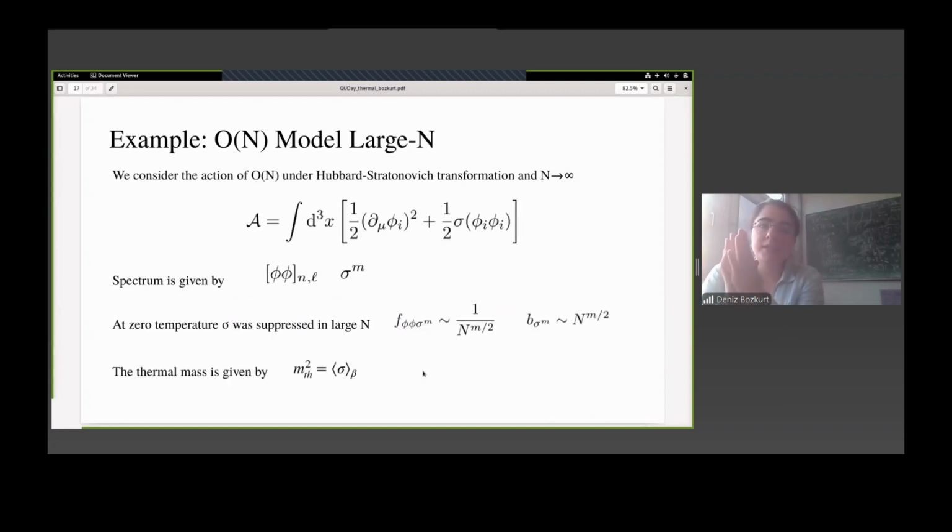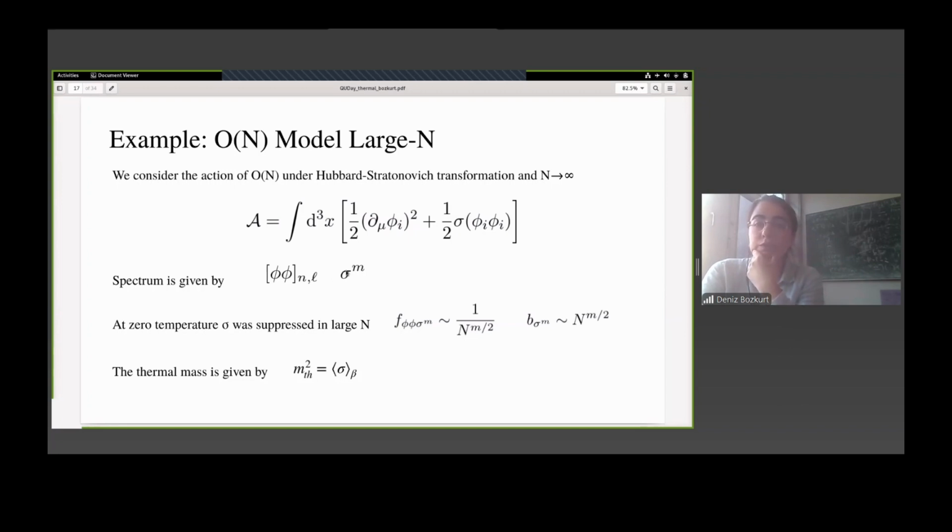And one last example for the complex tau plane is the O(N) model in large N. In this case, as I told you, we need to do Hubbard-Stratonovich to change the form of the Lagrangian, and then we can also take the large N. At the end, in our spectrum we have the identity, which I didn't write here. We have the double twists, but on top of it, we also need to consider the powers of the sigma. And you might say, if you know O(N) a bit, maybe you are surprised that we will also consider